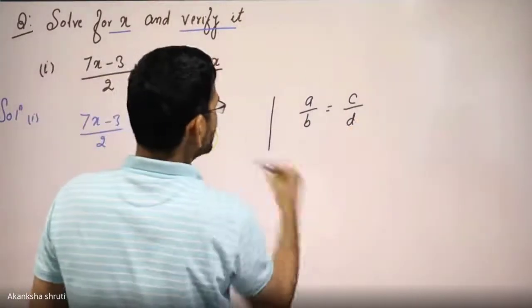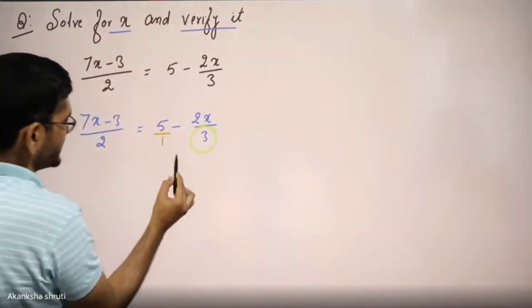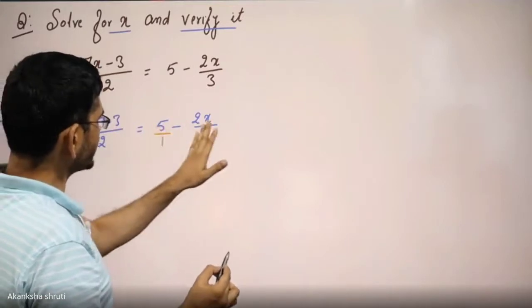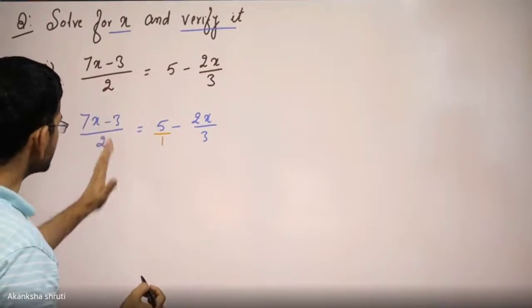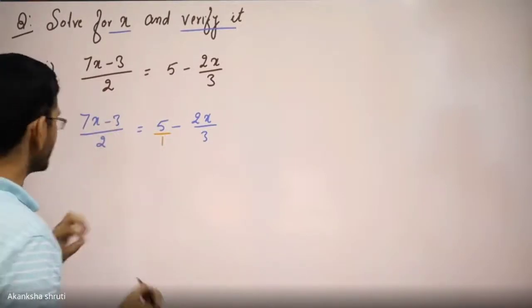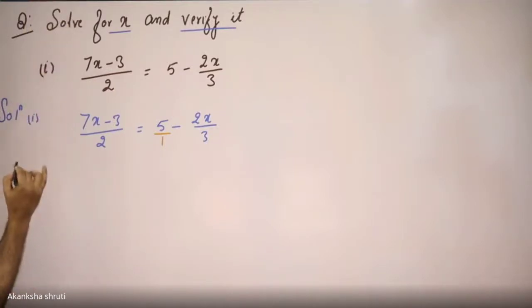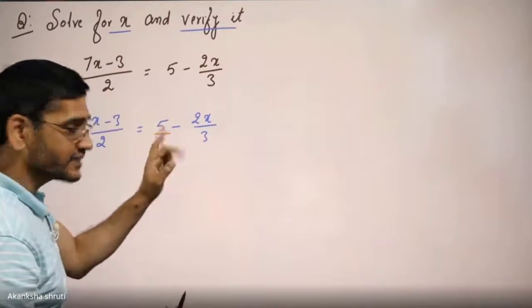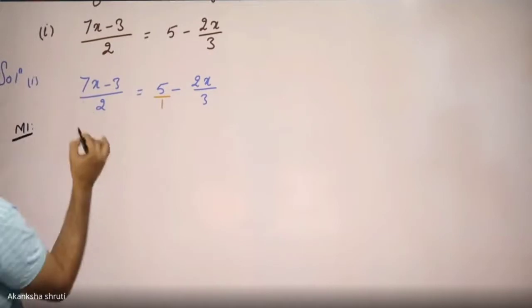So how to solve them? For such a case, we can either make the denominators equal, meaning first we simplify the right hand side denominator, or separate the left hand side denominator. Both ways we can do. So student, I'm going to explain both methods. In method 1, we will first make the common denominator for the right hand side. That is important, so that we can apply the cross multiplication rule. So let us write, student.